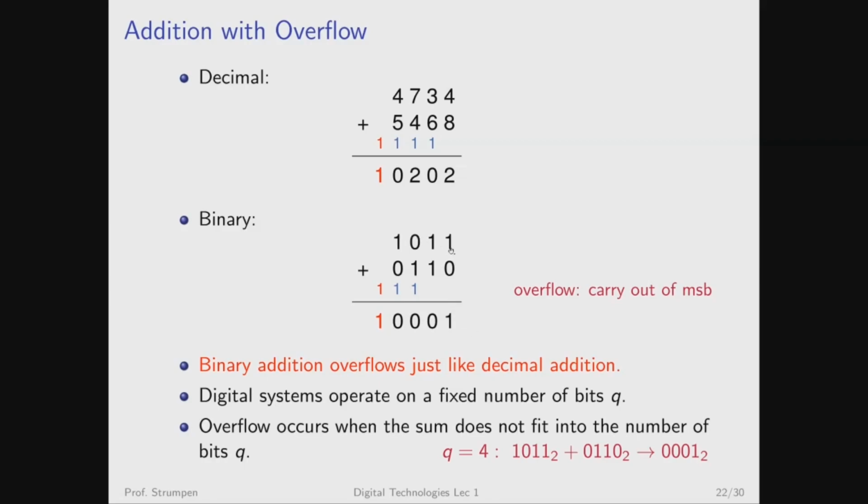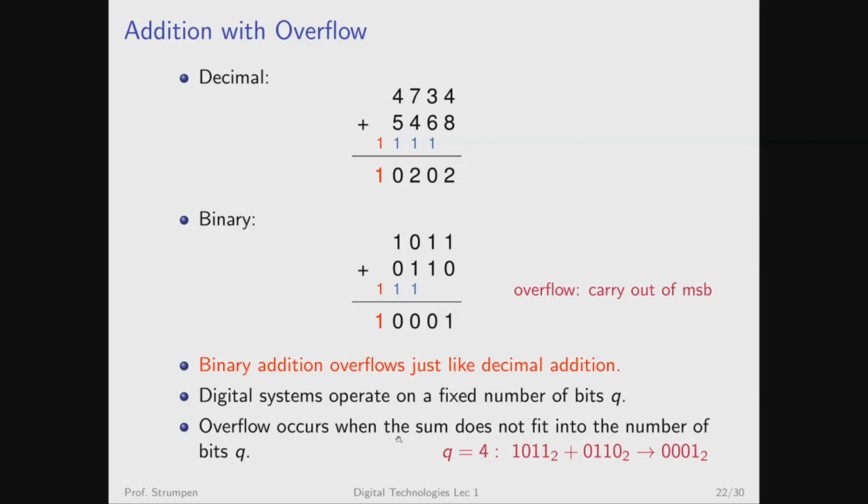And if we feed these two numbers, 1011 and 0110, into our adder, we get out a 4-bit sum. The problem is that sum is wrong. The sum of 8 plus 2 plus 1, 11, and 4 plus 2, 6 should be 17. What the adder will output is a 1,